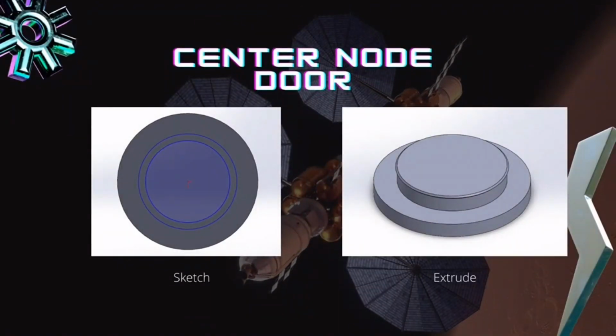As the Central Node door looks like two cylinders with the smaller one on top of the bigger one, we drew a big circle on the top plane with the circle tool and extruded. Next, we drew another smaller circle on the top plane on the bigger cylinder and repeated the same step. Lastly, for the edge of the top cylinder, we drew it on the right plane, a long narrow rectangle with a pointy triangle-like shape, and after we got the surface, revolved it with the Revolve tool in